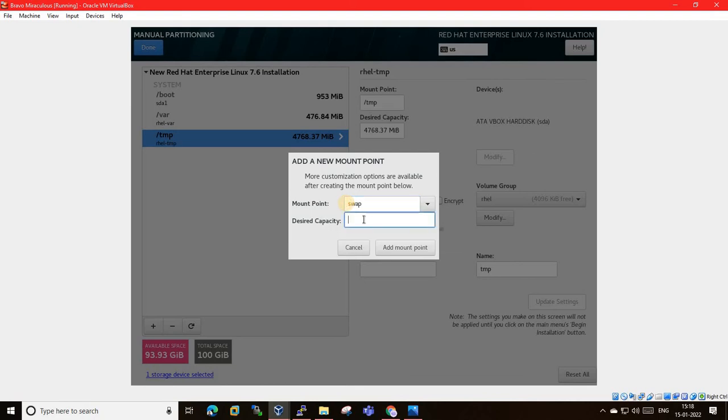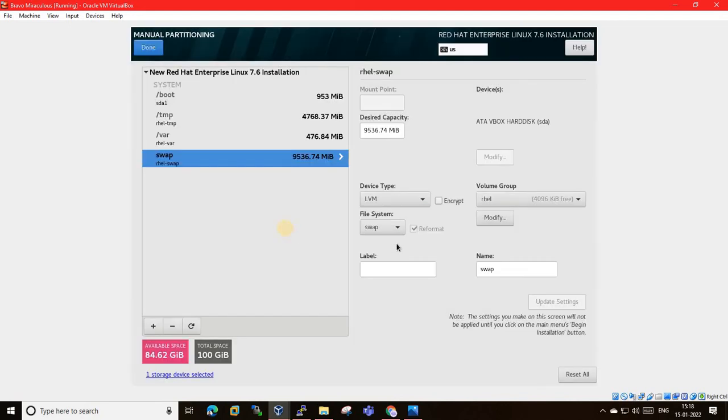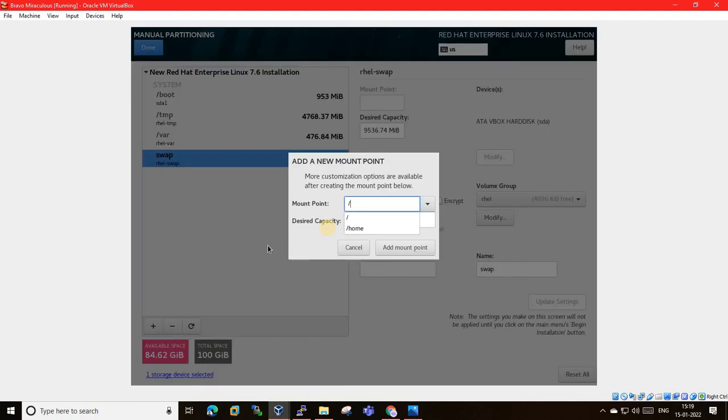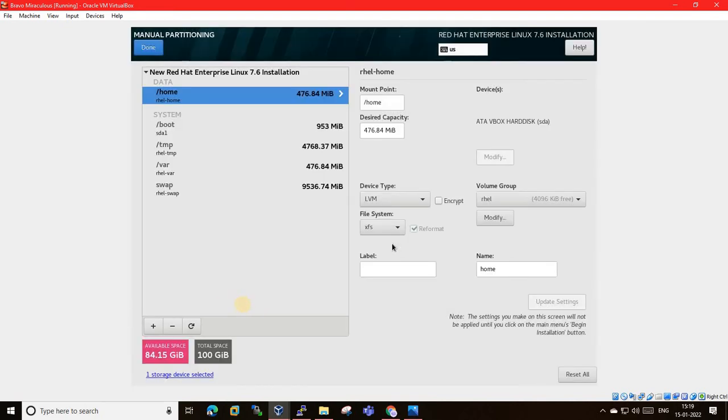For swap we will give 10 GB. We can add one more, we have to use one for home also. We can give 500 MB.